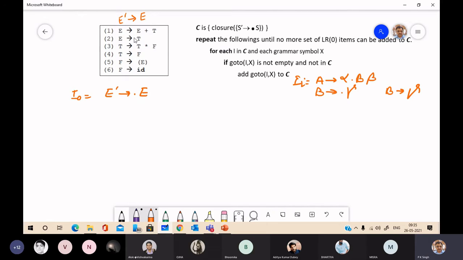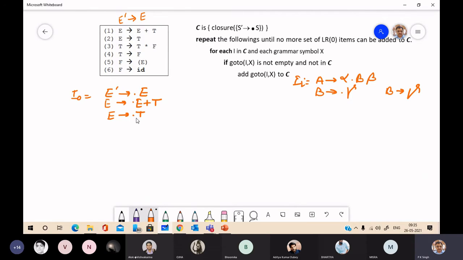So apply this rule on this grammar. We have E just after the dot, and in the grammar we have two productions, 1 and 2, having E on the left side. So we can apply this rule and we get E to dot E plus T and E to dot T.